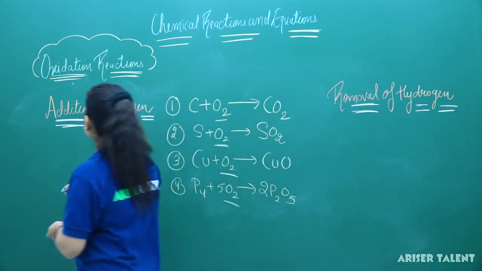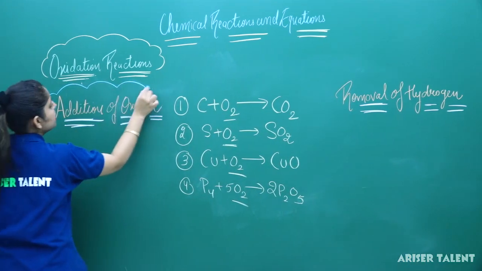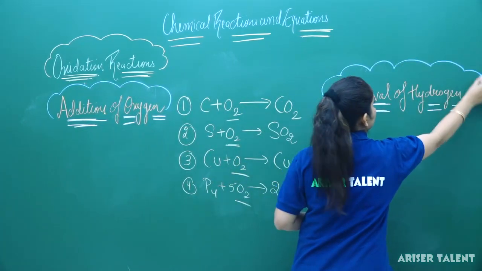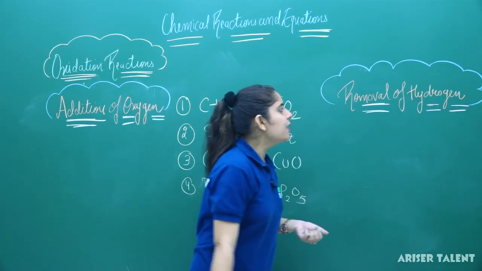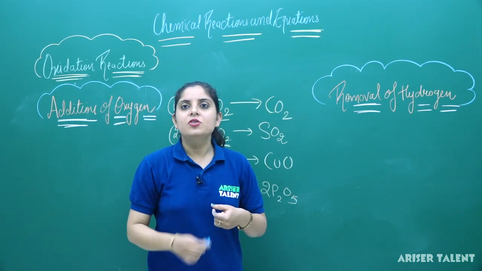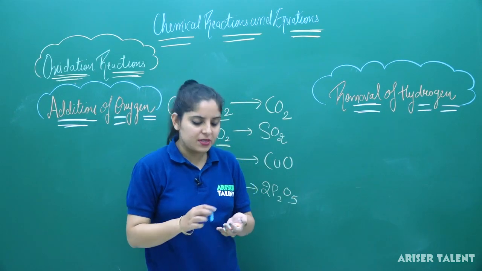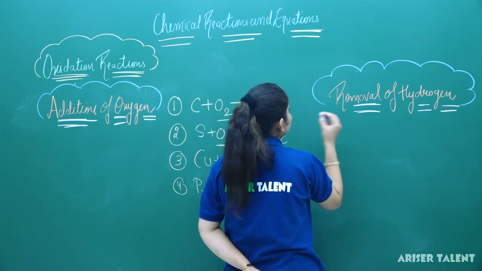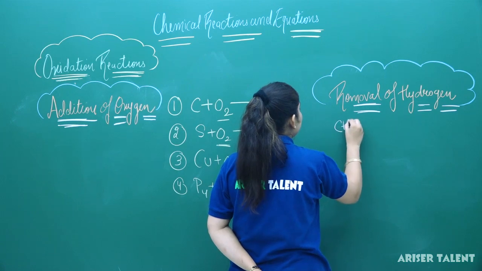So, the first case you have is addition of oxygen and the second case we have is removal of hydrogen. Now, we can see more examples to check how hydrogen is removed from a substance. Clear? So, hydrogen is basically removed from the substance. Suppose I am considering the example here,